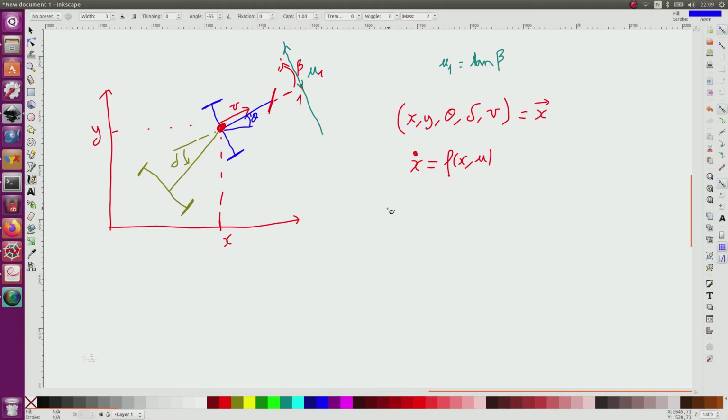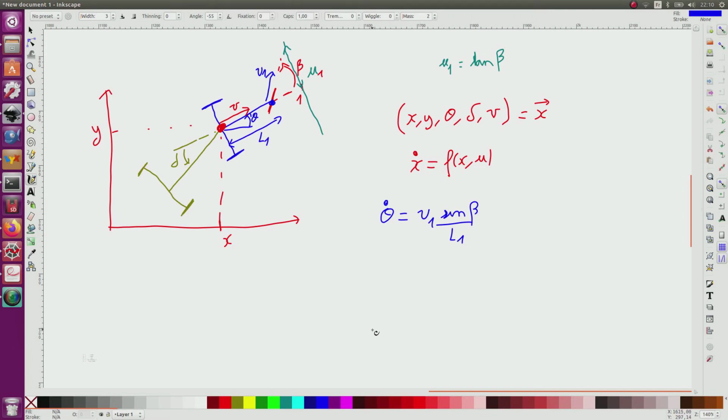First, I will start with theta dot. So theta dot, I know that it is v1 multiplied by sine beta divided by L1, where V1 corresponds to this speed, and L1 corresponds to this distance. So the distance between the middle of the front ice skate and the center, our reference point. So here it's L1.